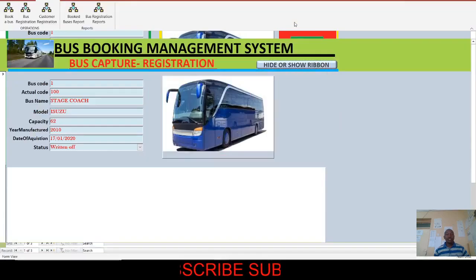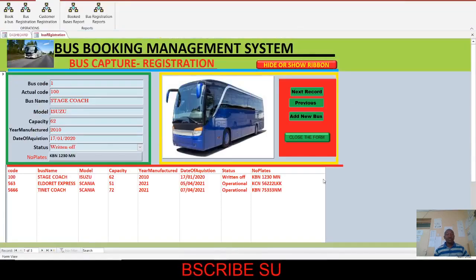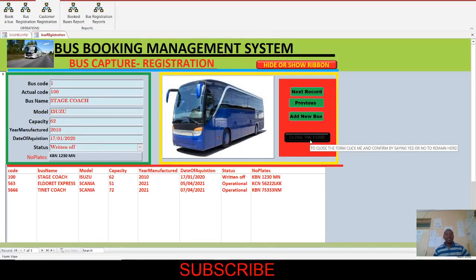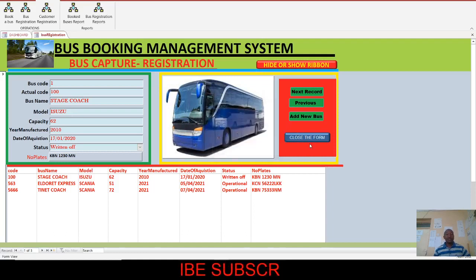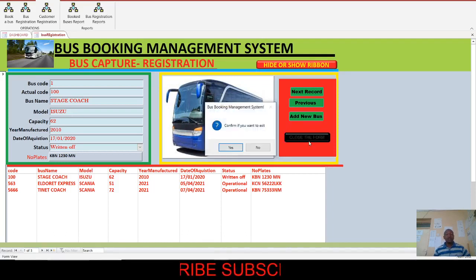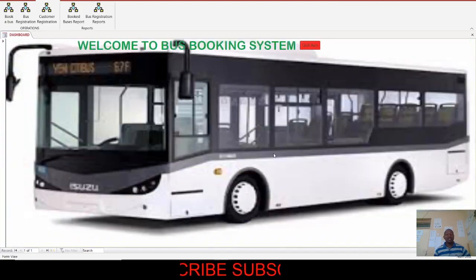Then you can also double click in case you are comfortable using a smaller screen. When you are at this point, in case you click this by mistake, you can have this dialog box, then just click No, or when you are sure you want to confirm, you just click Yes, then